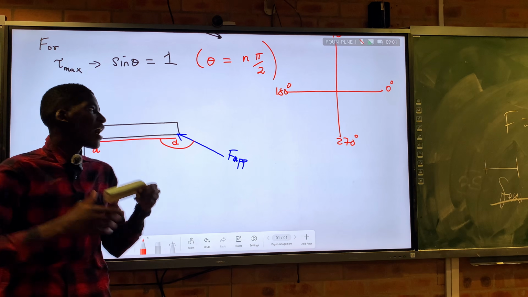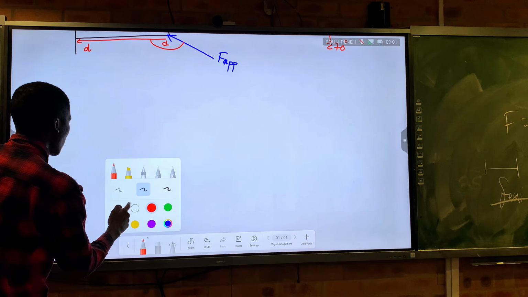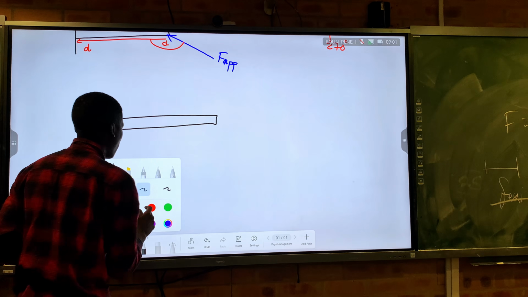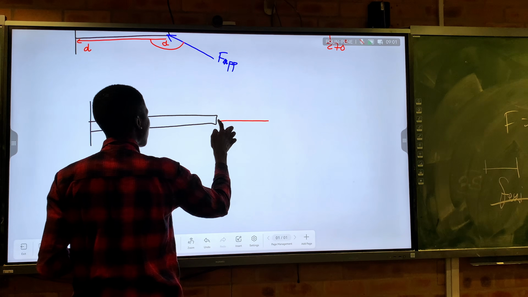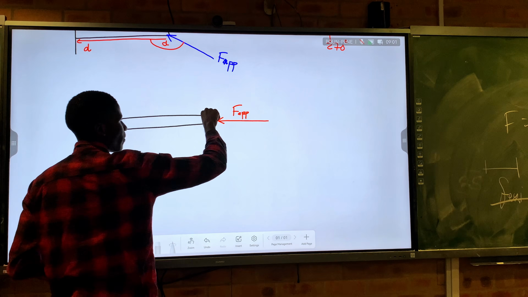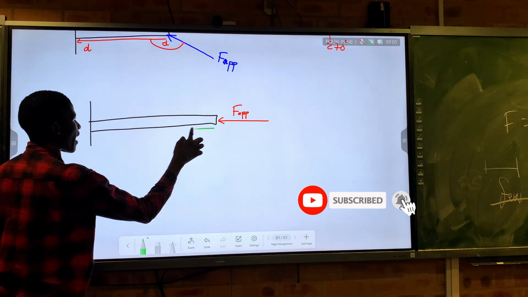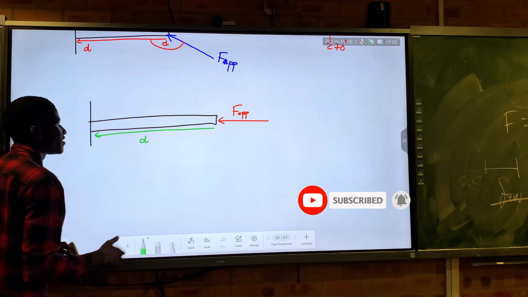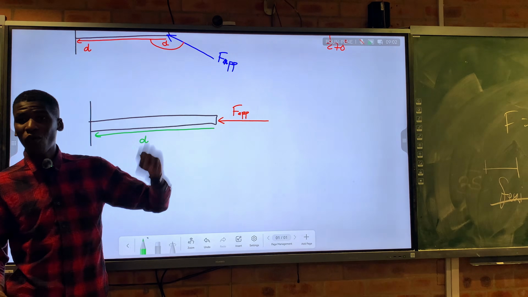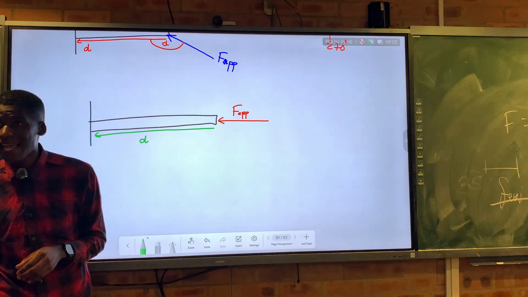No. So now we need to prove that mathematically, to say how does that happen? If I have this object of mine and I apply a force in this direction, this is my applied force. It's either applied pushing or pulling, any one of them, right? So the distance vector, this is my distance vector. You can see that now these two are parallel to one another. The force vector and the distance vector are parallel to one another.